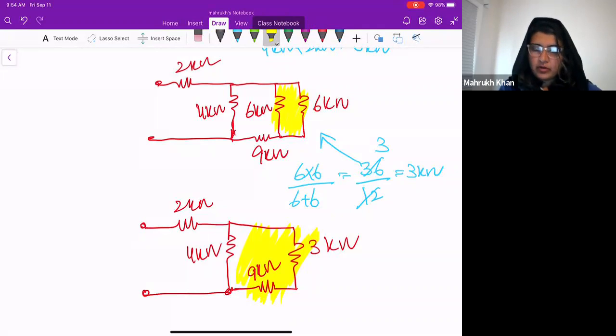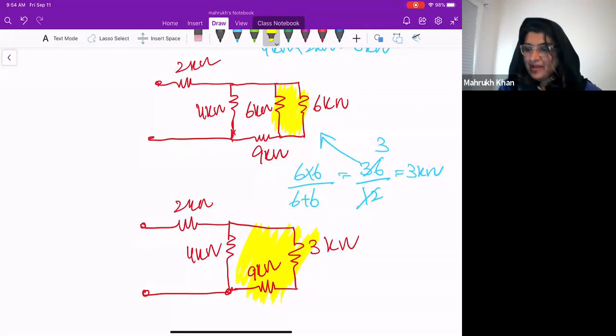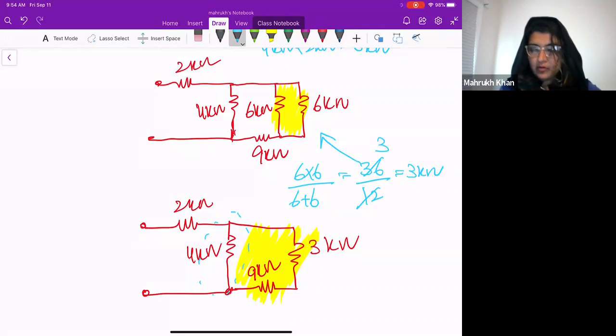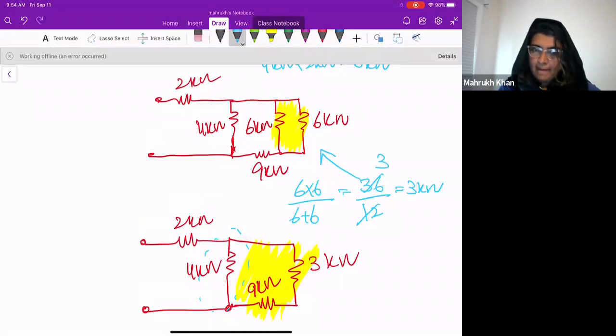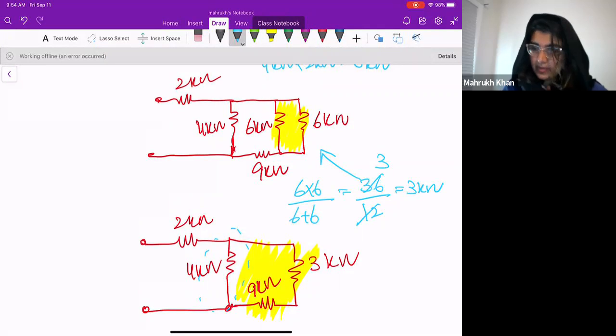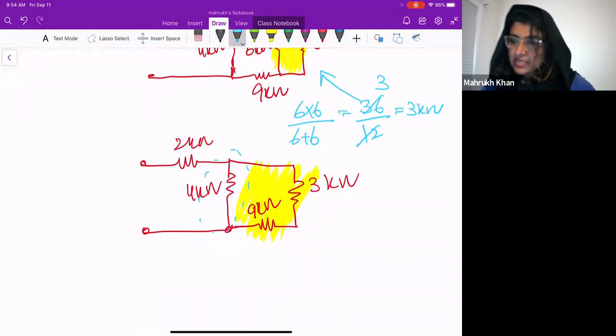Is it in series or in parallel? Ismail, do you think 4 kilo ohms is in series? No, I thought you were talking about the highlighted part. Sorry. No. I'm talking about 4 kilo ohms. So is it in series with the other 9 kilo ohms and 3 kilo ohms? No, it's parallel. Yes, it's in parallel because it looks like it's in series, but if you see,